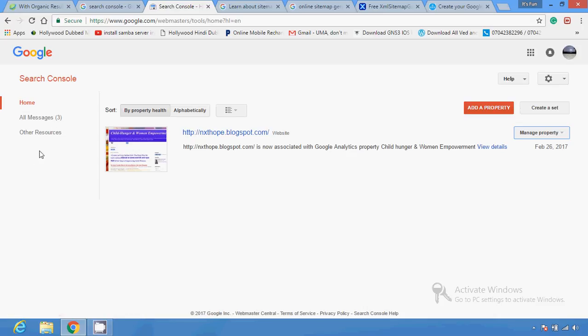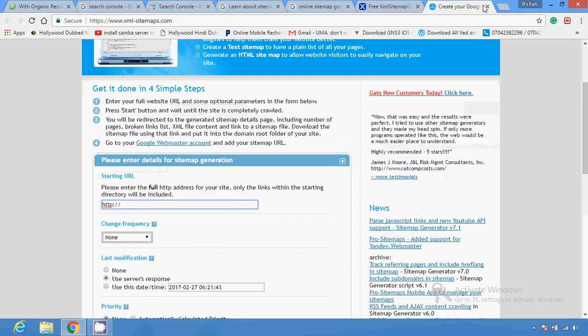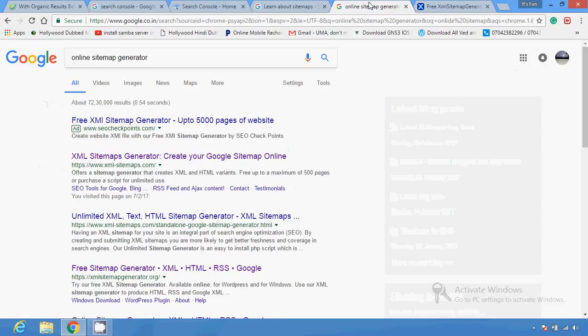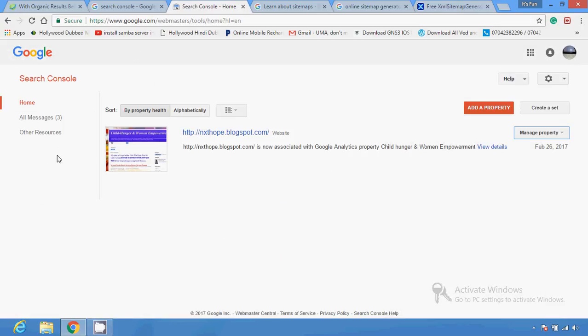So this is how you can use it. You just have to click on this, and after your sitemap is complete, you just have to submit your sitemap on your Google Search Console, and after that Google will test your sitemap for you, and it will enlist your site. So this is how you can use various different sites to submit your XML sitemap or HTML sitemap in your Google Search Console or Google Webmaster tool to enlist your site,